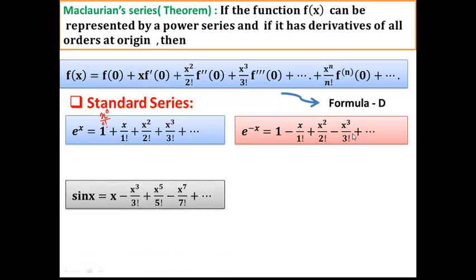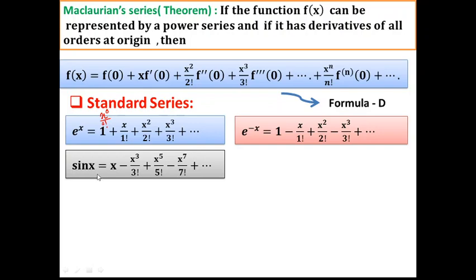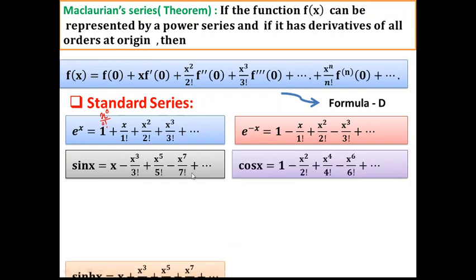Then next, the series expansion of the trigonometric sine function. As we know that the sine function is odd, here you will find only the odd powers of x: x power 1, x power 3, x power 5, again divided by the same number of factorial, that is power 3, so 3 factorial, 5 factorial, like this. And you will find alternate plus minus signs. In this way one can remember this.